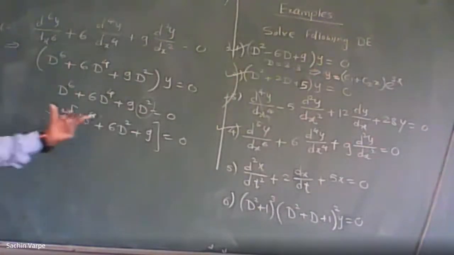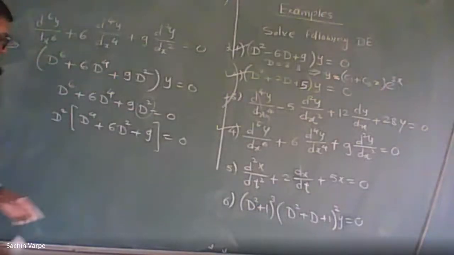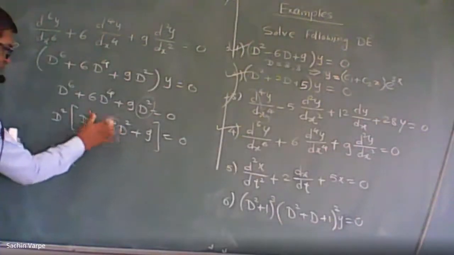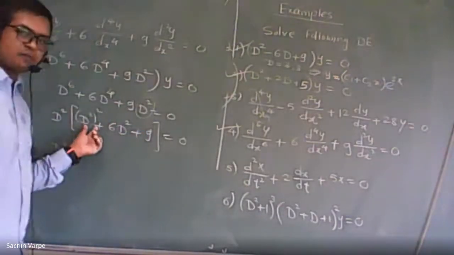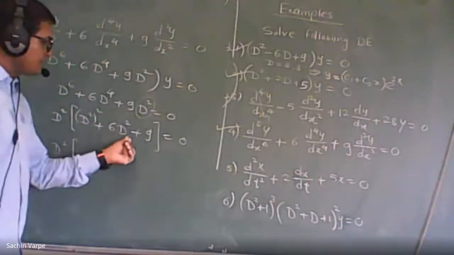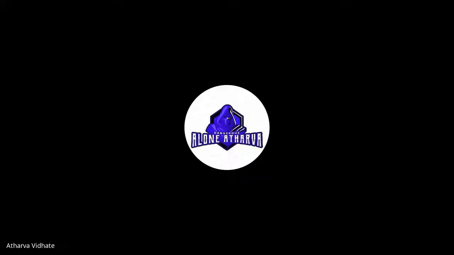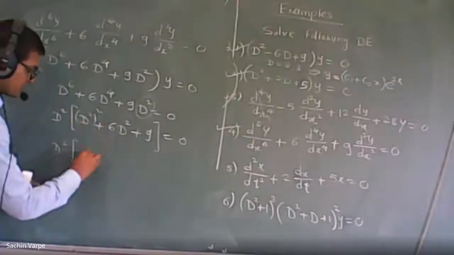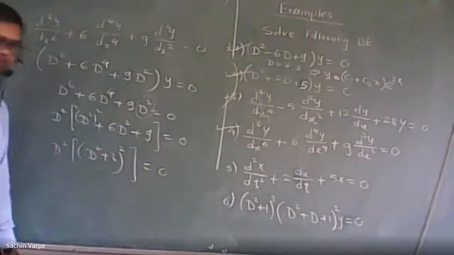Okay. Now again, I feel that this is actually the perfect square of something. That is d square into, isn't it? Because this is of the form d square squared plus 6d square plus 9. If I put d square as p, then it will be p square plus 6p plus 9. It is a perfect square, that is p plus 3 the whole square, or d square plus 3 the whole square. So this is the expansion of d square plus 3 the whole square is equal to 0. Right?